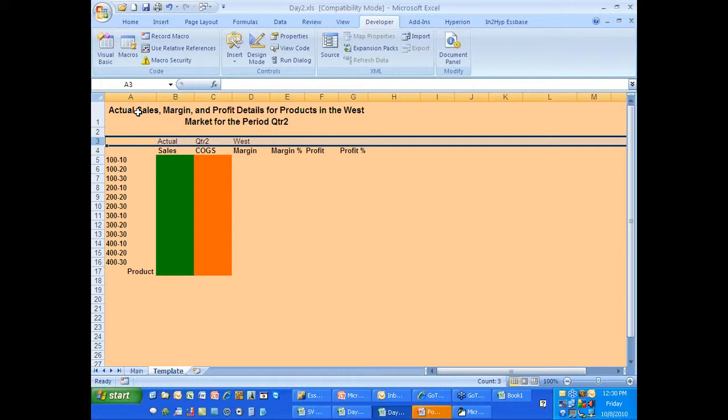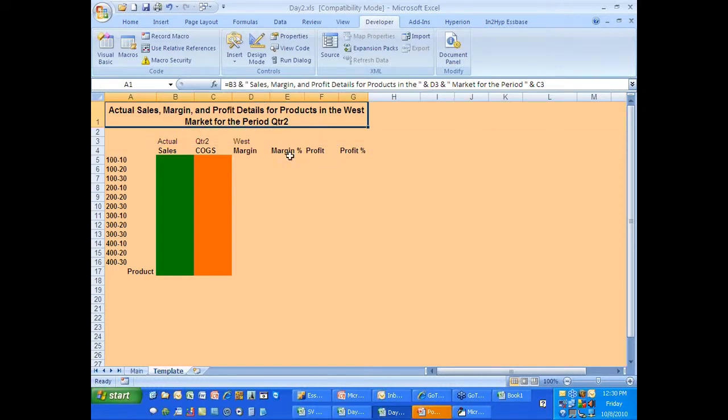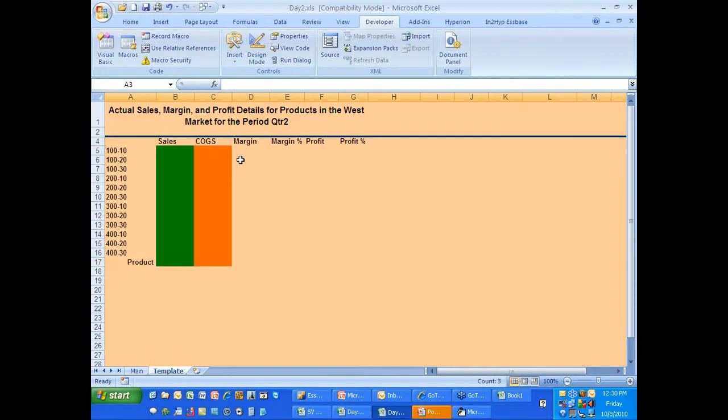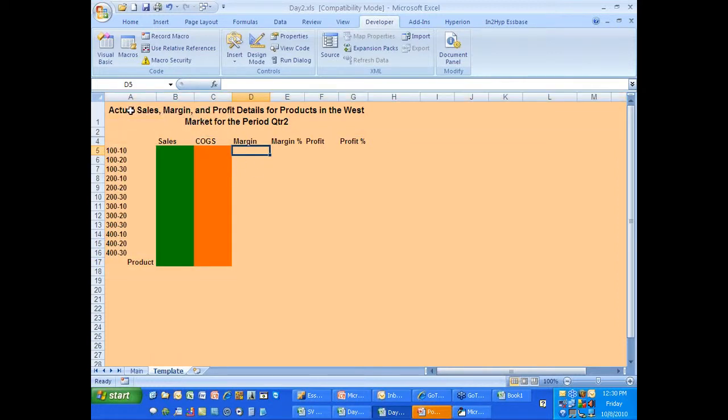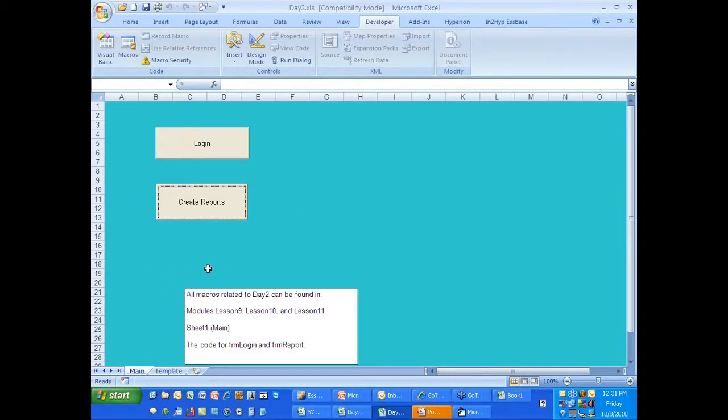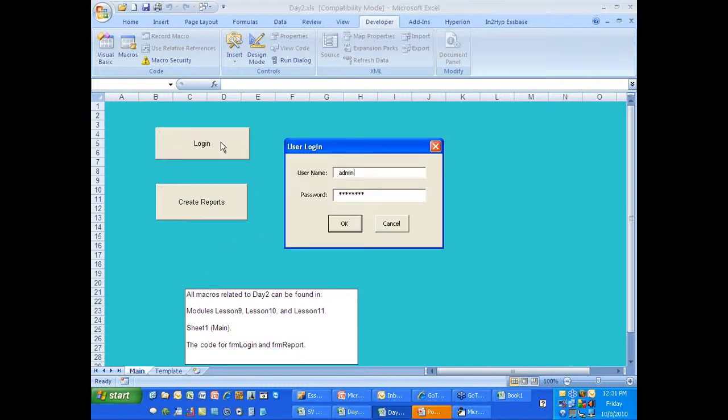And I've also placed in a dynamic title so that I can hide those page headers, but the user will see that it's actually in the West market for quarter 2. But this is the template that they're going to use, and they don't even have to know that the template exists. All they need to know is about the main sheet here, from which they're going to log in again,